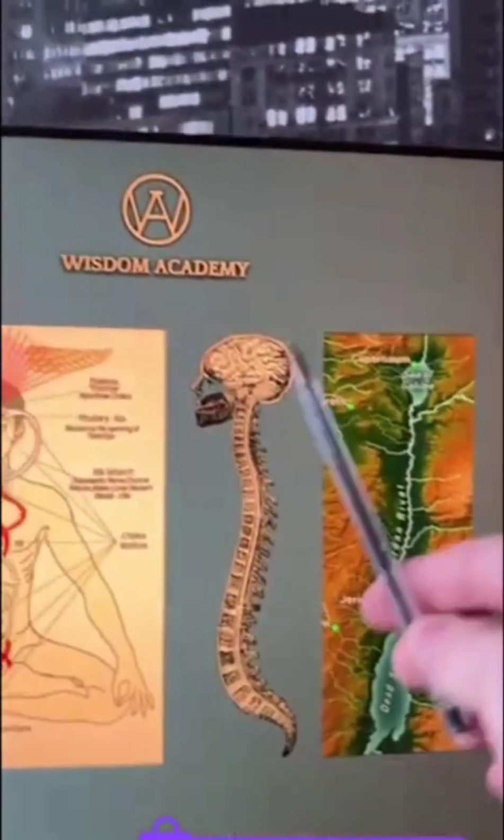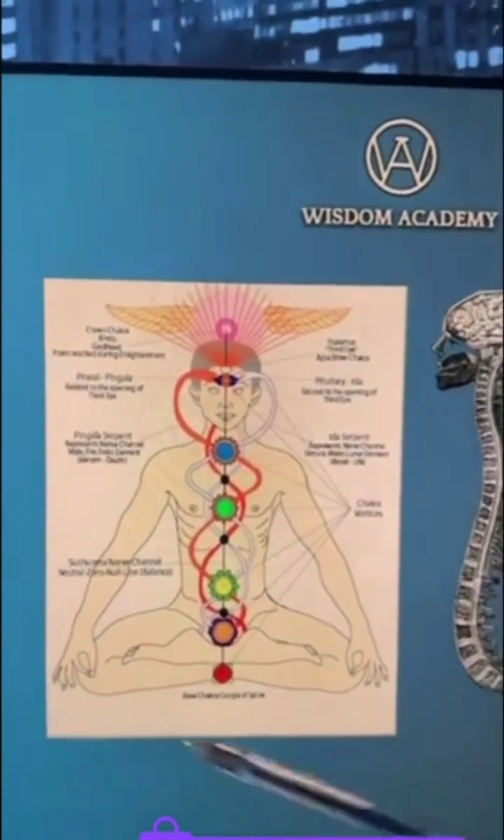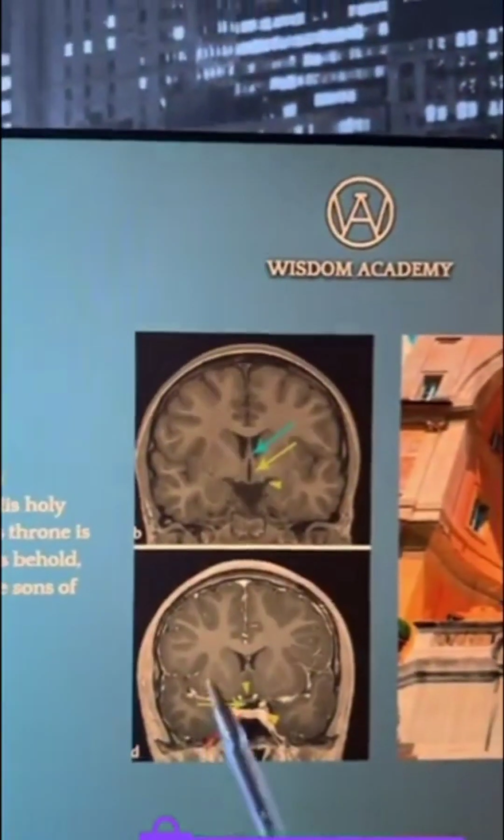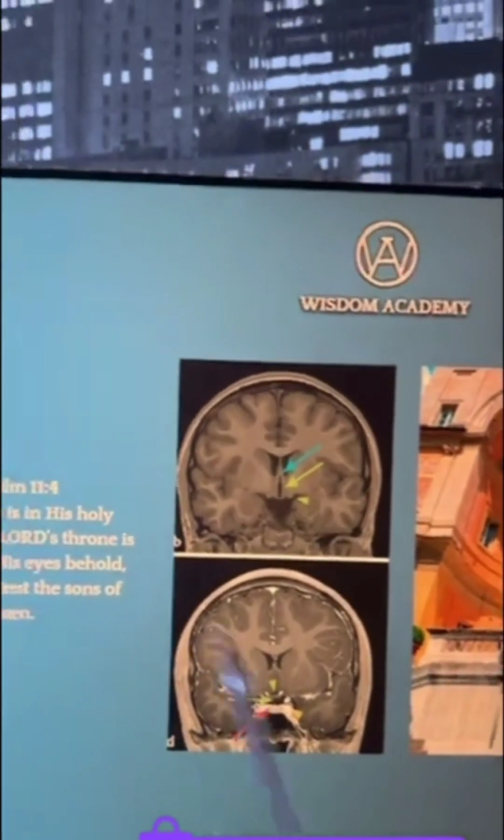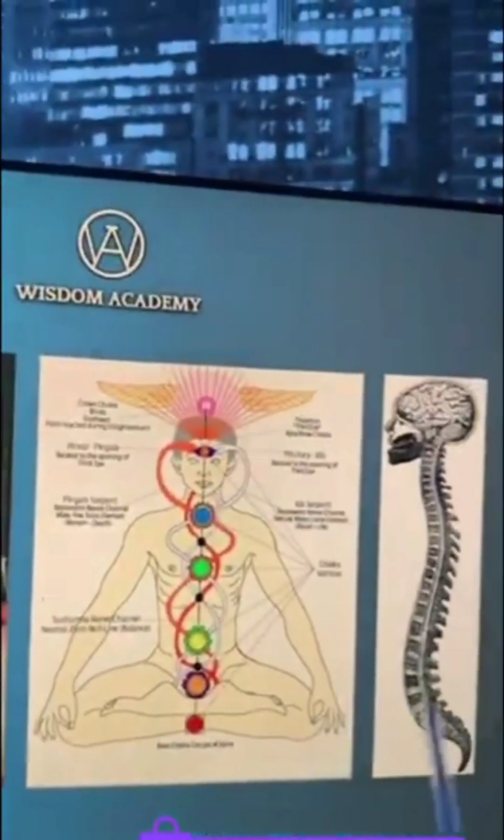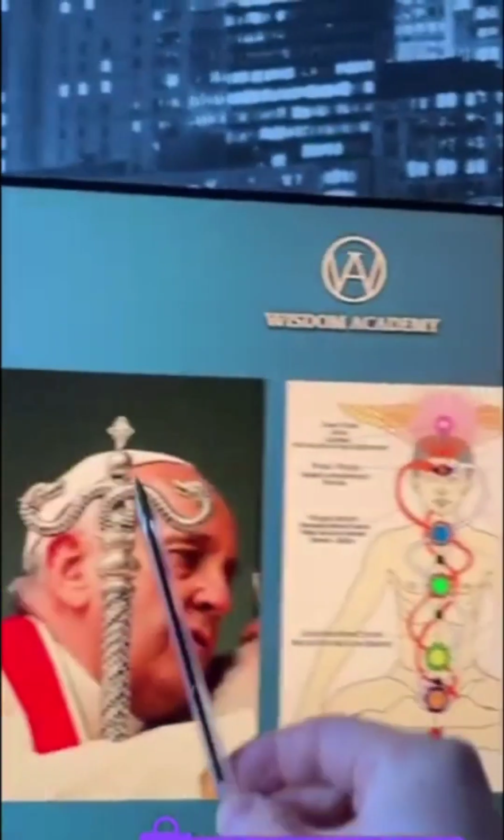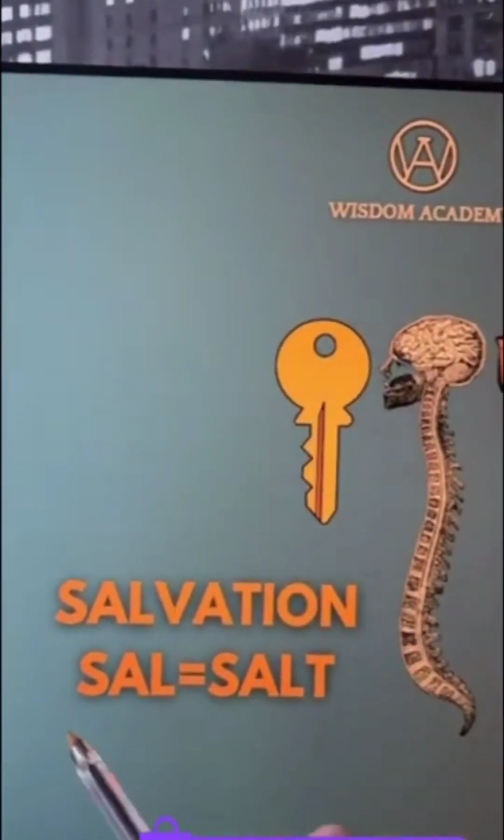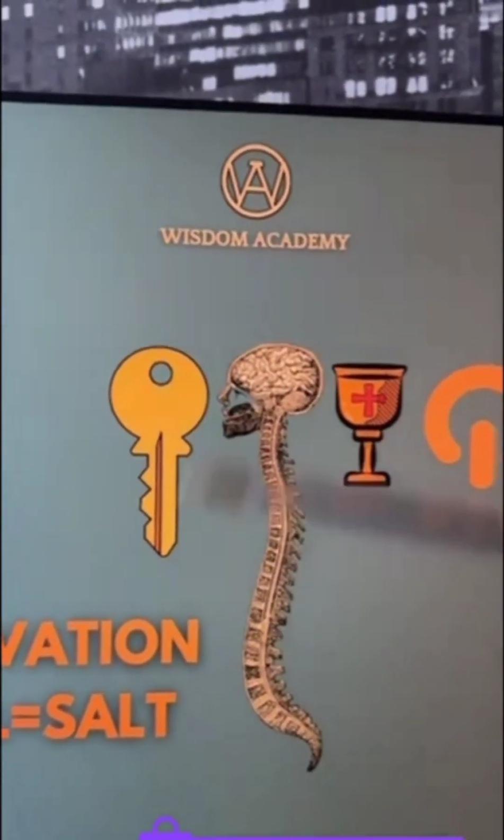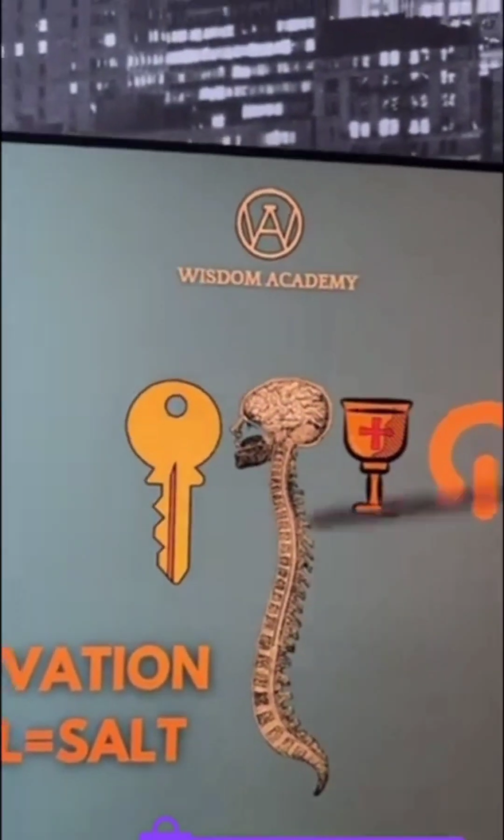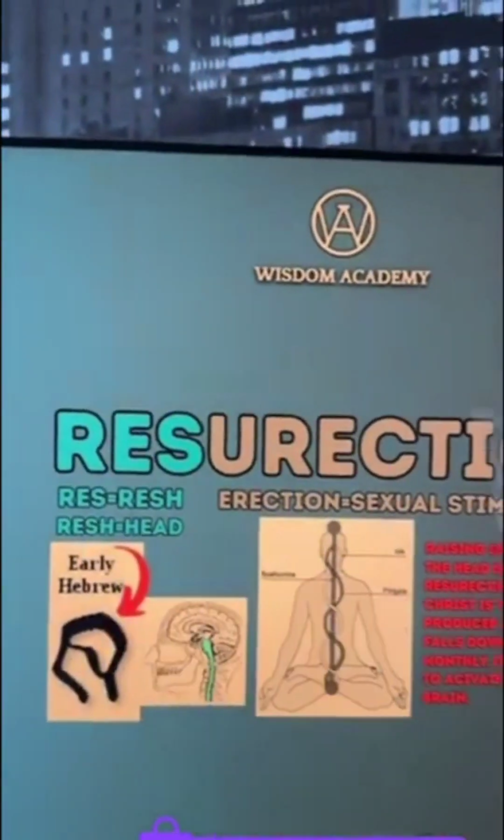The Jordan River is your spine. The 7 lamps in the Bible are the 7 chakras. Your brain's the Garden of Eden. The pineal gland is the throne of God and the gateway to heaven. The Pope's staff represents the spine and the 2 kundalini channels and the pineal gland. Salvation is salt. The brain produces a salt, a fluid which goes down the spine, which you must resurrect through